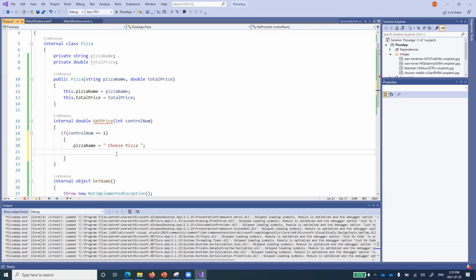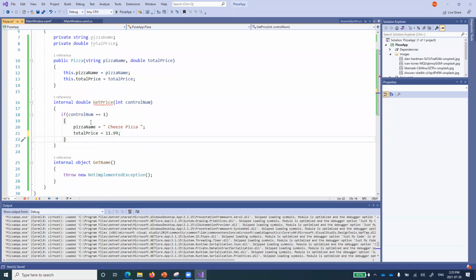And set up the total price equal to, I think it's 11.99. We'll check that. Oh, sorry, should not be inverted commas, of course. 11.99. Right. So if control num is equal to 1, set up pizza name equal to cheese pizza, total price equal to 11.99.